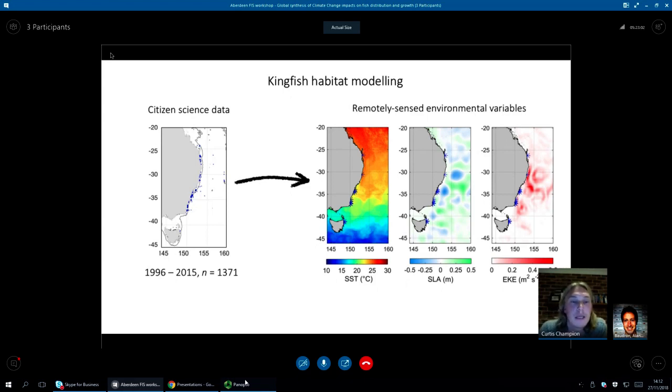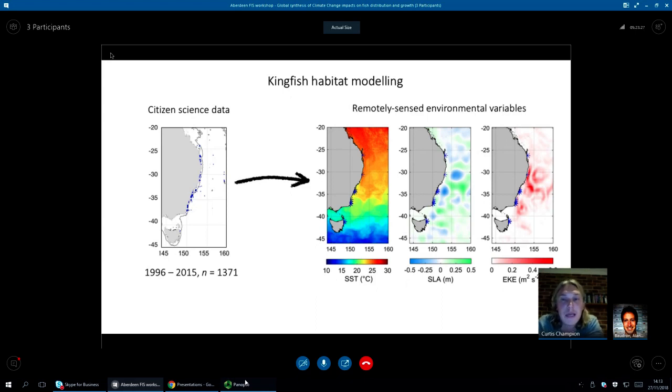And we used a large citizen science database of about 1,300 records that had a temporal range from 1996 to 2015. And to those records, and also to a large suite of pseudo-absence records, which were required for the modelling approach that I'll discuss in a moment,